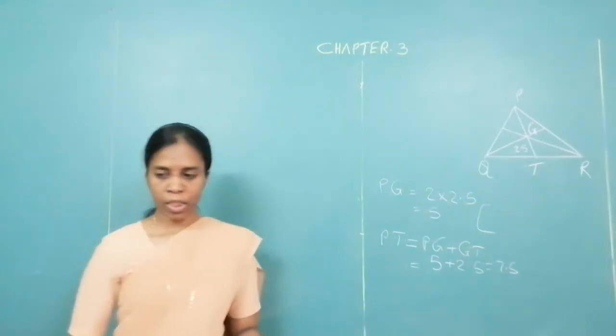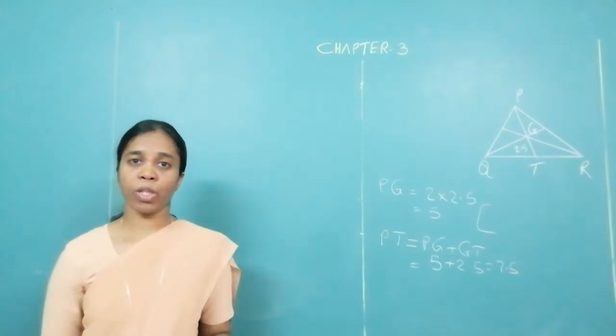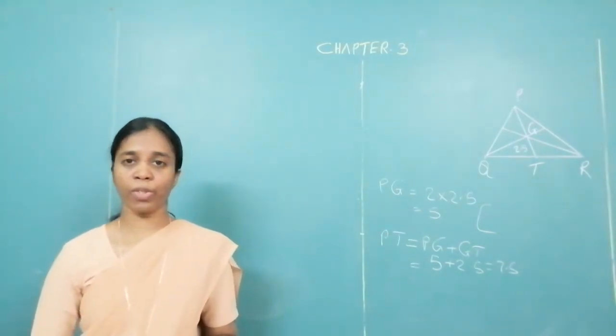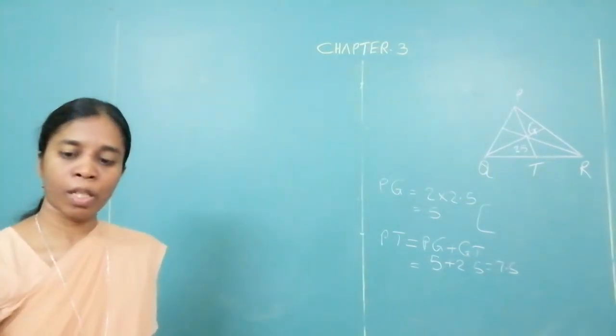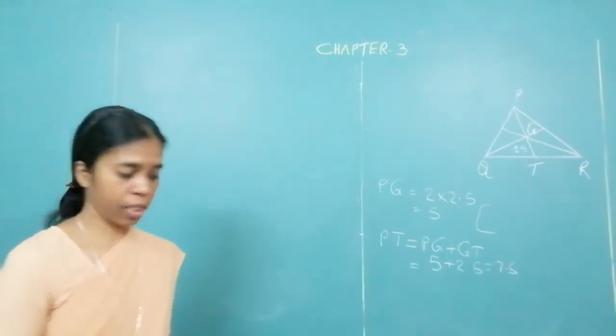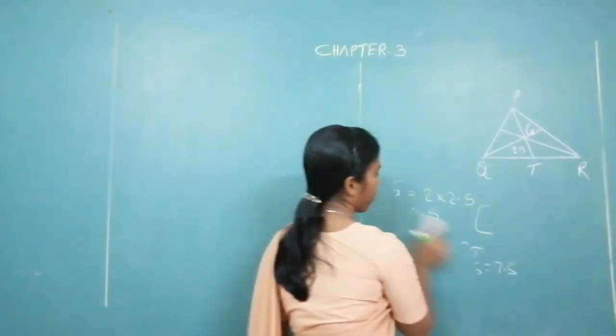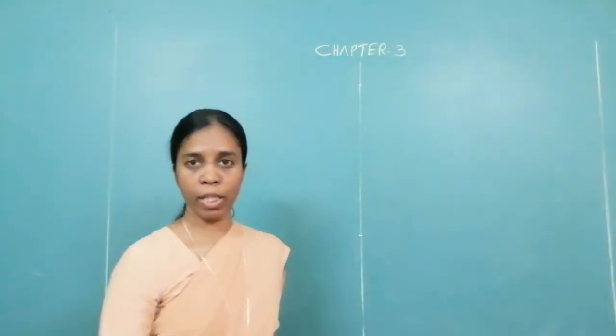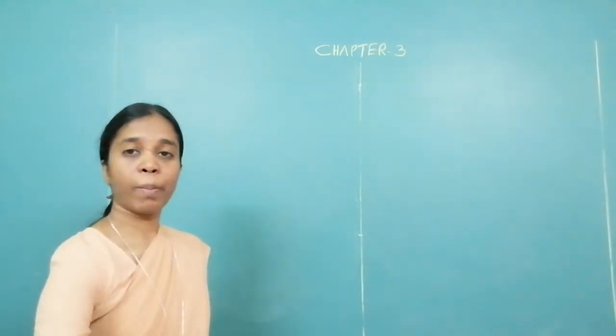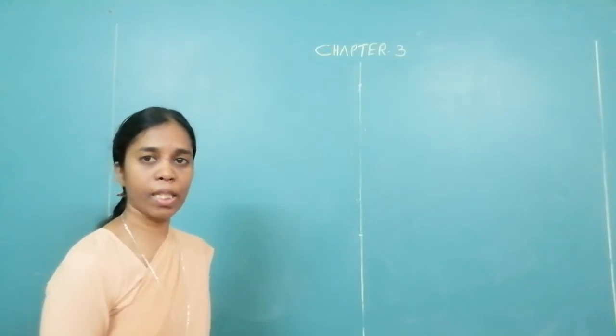Now, there are some properties which we have to learn in order to solve the next problem set. These are some theorems actually you are supposed to learn. We will not be learning the entire theorem, but we will be learning the properties of it. What the theorem statements are that we have to learn. Okay. The first one is the perpendicular bisector theorem.